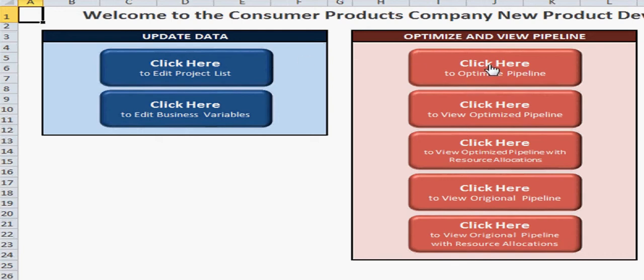The next thing that they would do is they would optimize the pipeline. This will call on Solver to optimize against two separate variables. The primary objective is that they will maximize the gross margin, and they will do so by changing whether or not the solver recommends that you execute the project at all, and if you do execute it, when you should start. You can see that if we view the original pipeline,